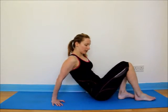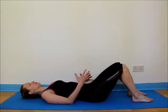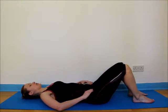So what I'd like to do is just to talk through a very simple but kind of confusing technique that lots of people find a little bit hard to get engaged with. So I'm just going to talk through it slowly and see if that helps you with your exercises. So if you're lying on your back in a nice bent knee position,